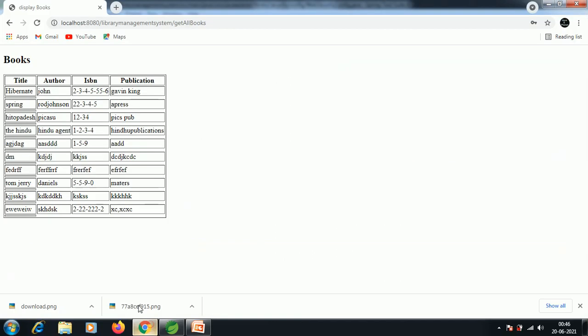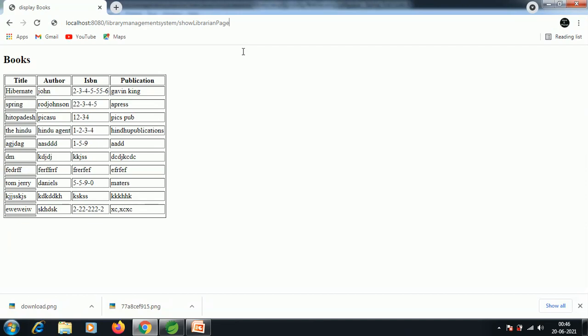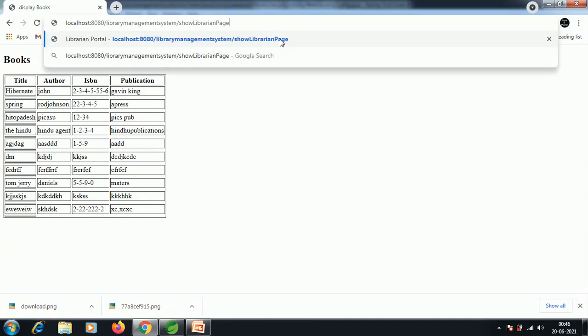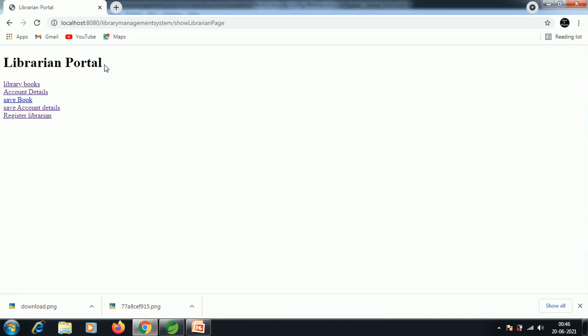Copy. See here, I'm accessing the URL. Show librarian page. See here, we have accessed the librarian page.